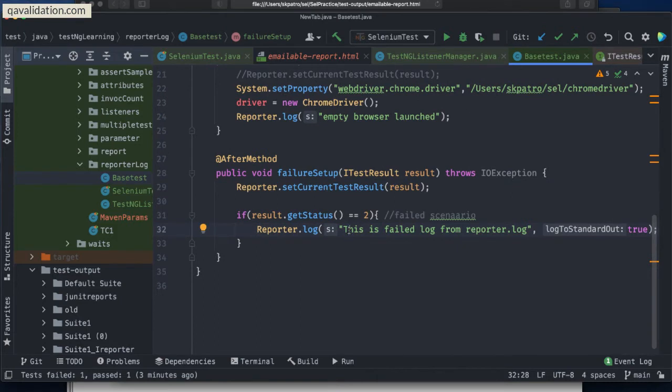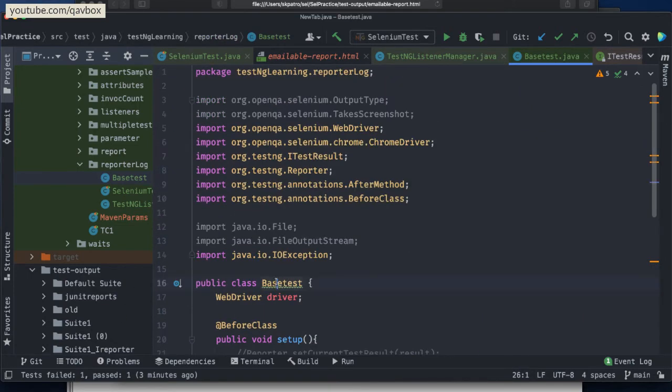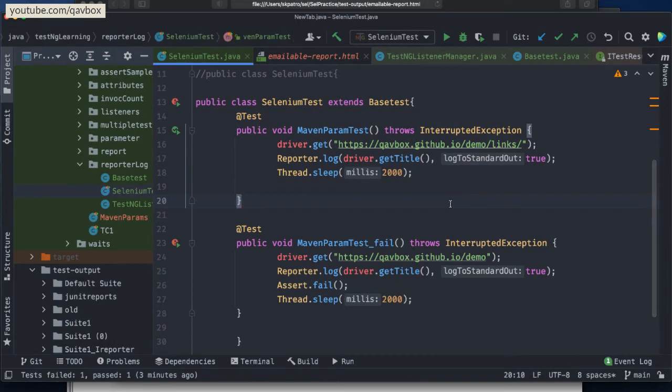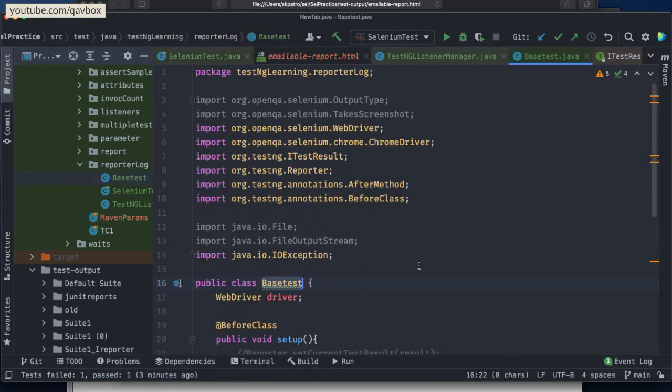In real time, let's say that you are executing 200 of your test cases. Now in that case, you want to take the screenshot when your test cases are failing. Now in that case, this particular statement is helpful. Irrespective of how many test cases you are executing, just extend this base test. That's it. You don't need to do anything. See, did I do any change into my test case level? Not really. Into the base test only I'm doing.